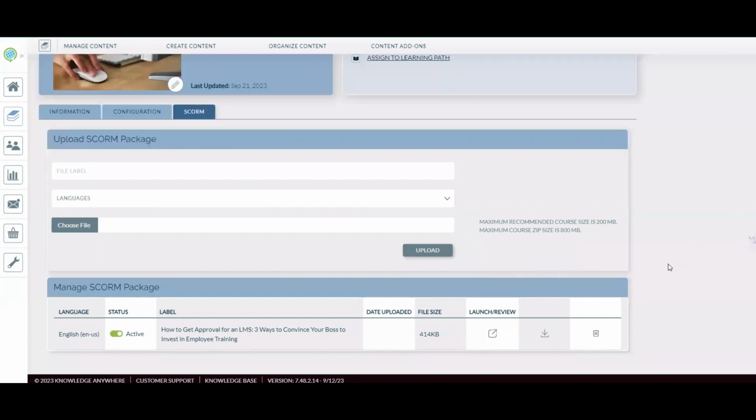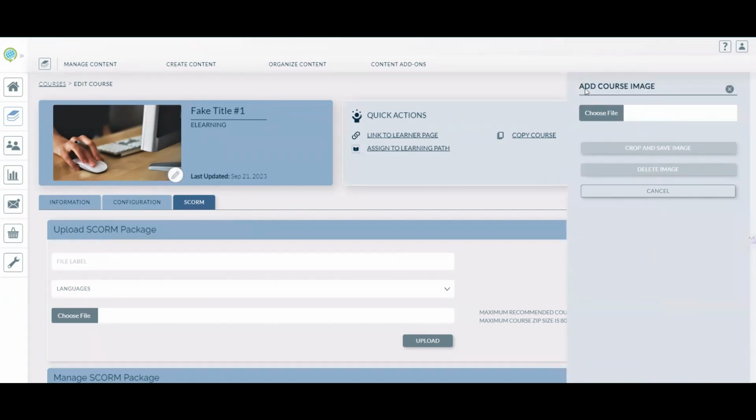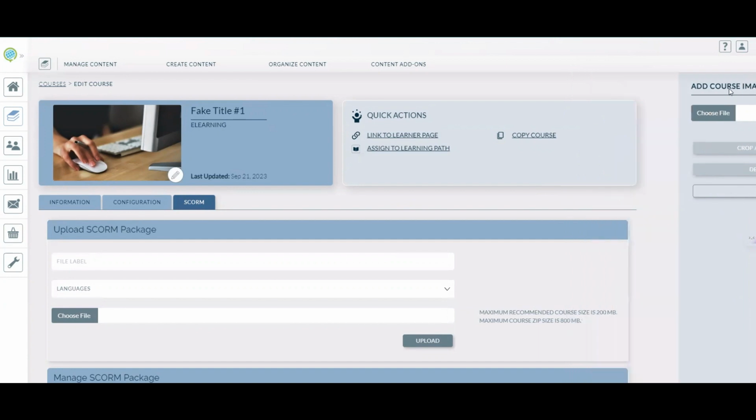So we're going to go back to our site. And from here, you can see you can download it, you can delete it, or you can link to a learner page. So this is a very basic overview of how to create an online or an e-learning course. If you'd like to change anything about it, you can at any time. Say, for example, you don't love this default image. You can always choose a file, crop it, and save it, and that is what the learner will see on